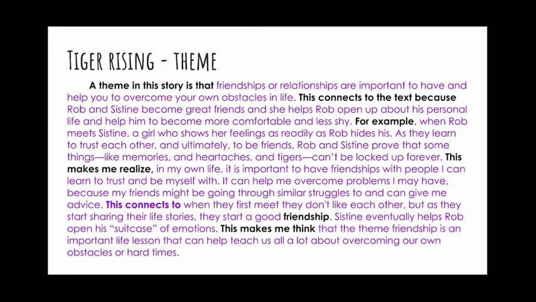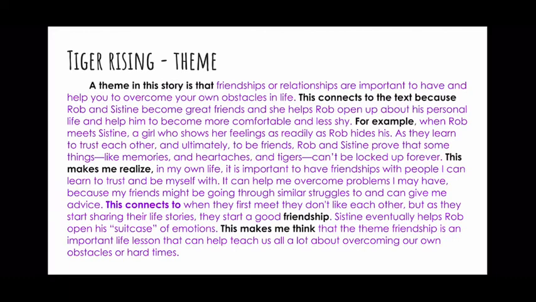We could have picked the theme love. We could have picked the theme courage. But I chose to stick with friendship. So I want you to notice the bolded letters that are in black. Those are all of my connecting prompts from ways to push our thinking to help me connect my ideas to my text evidence that all